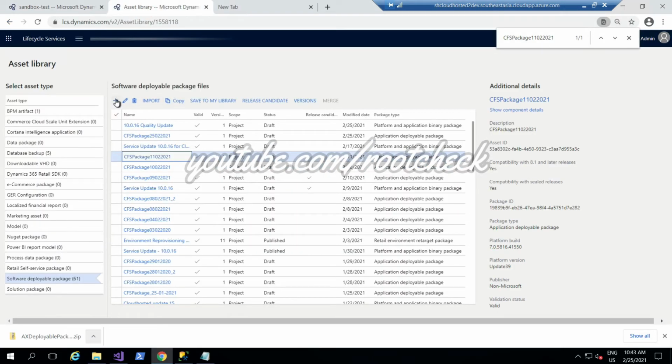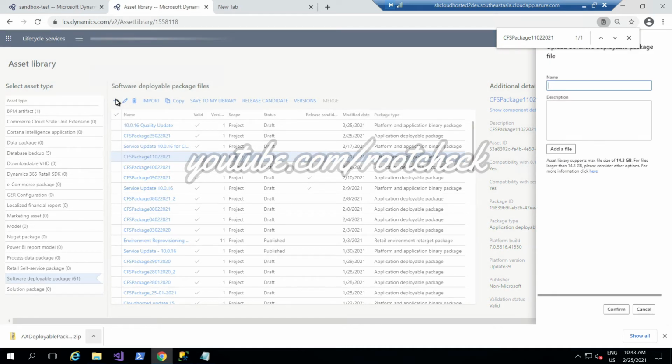one more software deployable package with the name module to remove, or whichever name you want, and in the description you can mention whichever module you have removed. Here I am mentioning the name, and after that I will attach the deployable package which we have created with the module to remove file in it, and that's it.